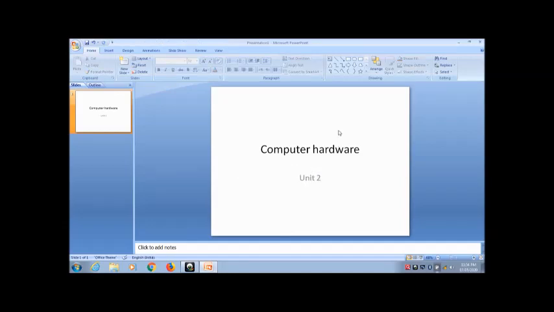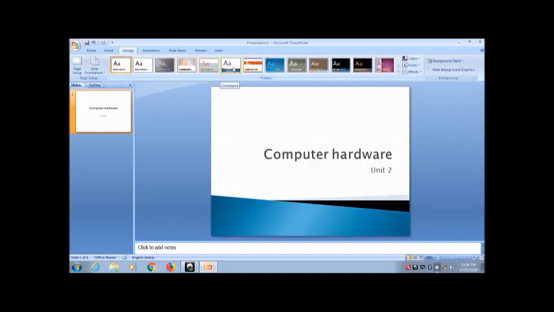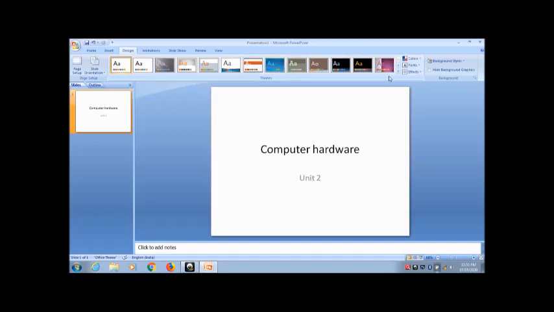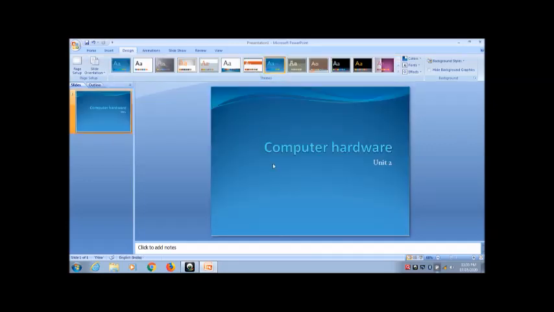So here I have made one slide, but this slide is looking very plain. To make it more interesting, I can choose a design. So click on the design tab. Here I have different designs which can be chosen according to my choice. Whenever I click on a design, it will show us the preview. So here you can have more options to choose. So let us choose this design. So this is now my slide number 1.